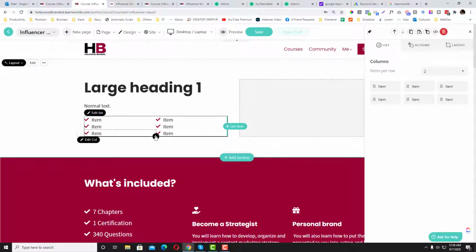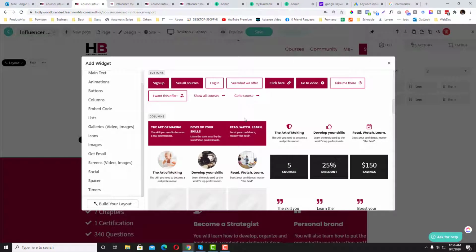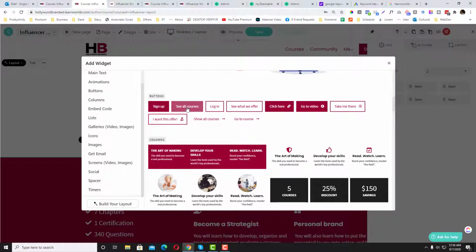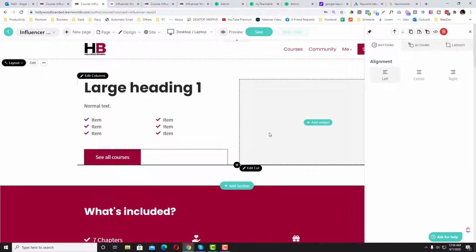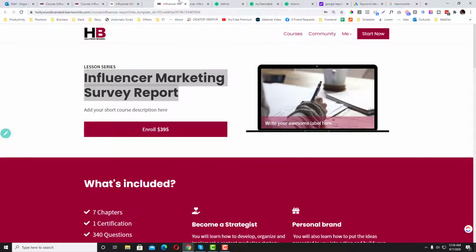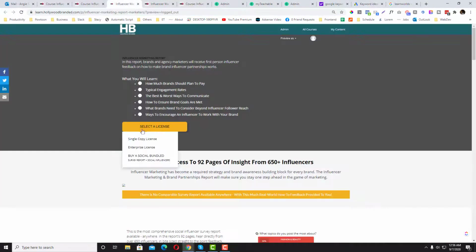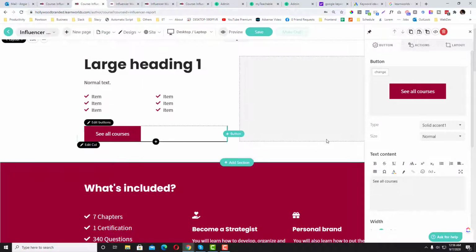And we will add another element. I'm going to add another element, a button, and then I will add, for example, this one, so it's really visible. This one has our old pricing, okay, let me open our old pricing. We have two pricings, and at the same time we also have a bundle. So I will use,